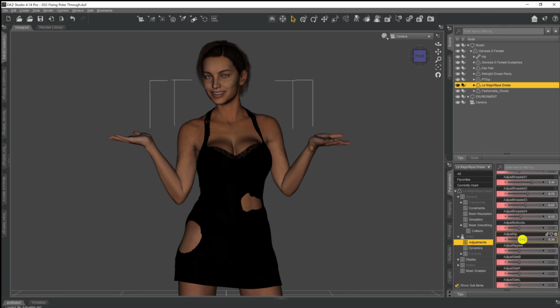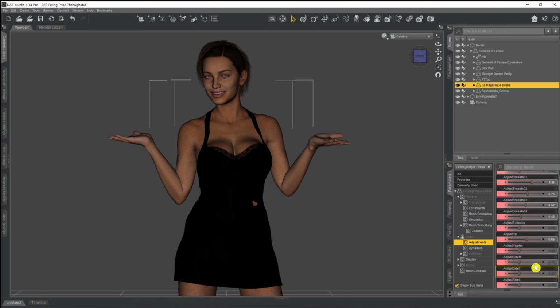We can probably start increasing that now. And again, just keep on going with it. And there we go, we've taken the poke through away. There's a little dot there. I'll just try and get a little bit more out of it. There we go. And again, then over on the side, the hip one's actually affected that somewhat, but we probably